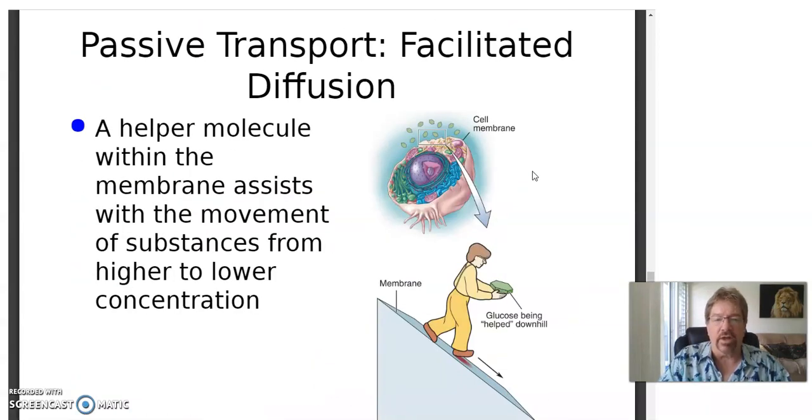Okay, now if we have to help it a little bit, that's called facilitated diffusion. An example they got here is glucose, blood sugar. It has to be helped through the cell membrane. Can you guess what substance does that? Most of you know, even if you don't know that you know. And of course, it's the hormone insulin. That's what insulin does. Okay, helper molecule within the membrane assists with the movement of substances from higher to lower